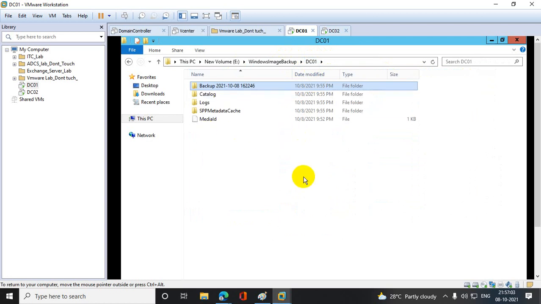Okay, so this was our class for today. As a short summary, what we learned today: we learned Active Directory restoration from deleted objects, then we learned the AD Recycle Bin, then how to create an additional disk drive and, side by side, how to take the Active Directory backup. So these 3-4 modules we have performed in today's class.